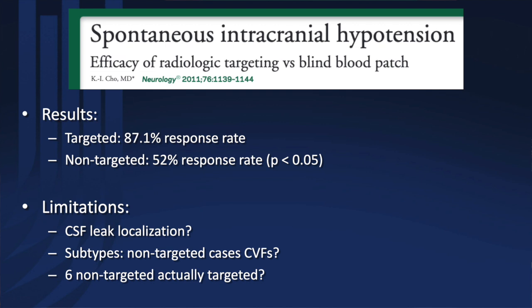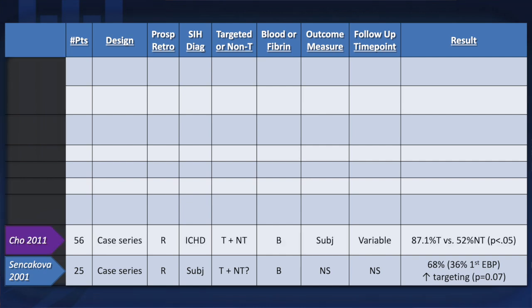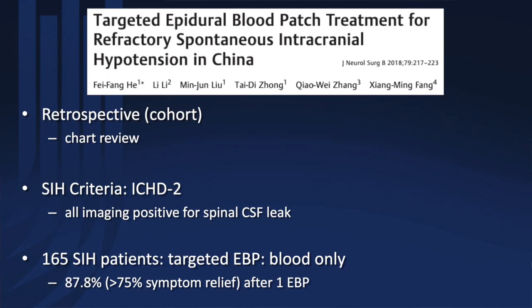The other thing is they didn't report on subtypes, right? And so if there were non-targeted cases where they didn't see the leak, were those actually fistulas? Were they actually targeting? And so I think it calls into question some of the conclusions that can be drawn from the data here. So we're going to throw that into our table and move on to our next study,